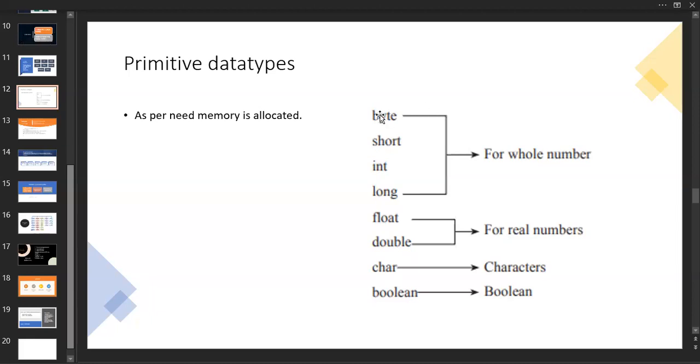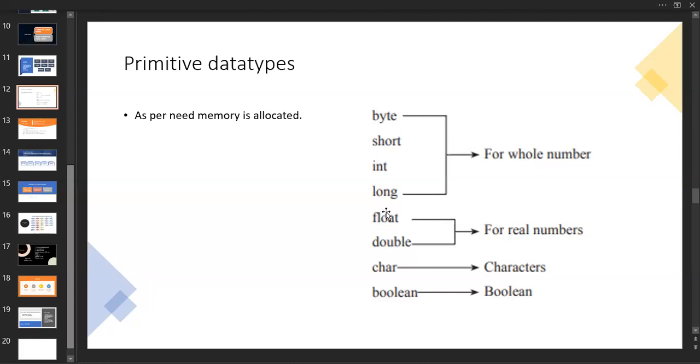First of all, we are going to discuss byte, short, int, and long. All of these belong to whole numbers, from minus to plus. Every whole number you want to use in your program, you are going to use with only these 4. If there are real numbers, meaning any decimals inside your value, you are going to use float and double. Only these 2 data types.